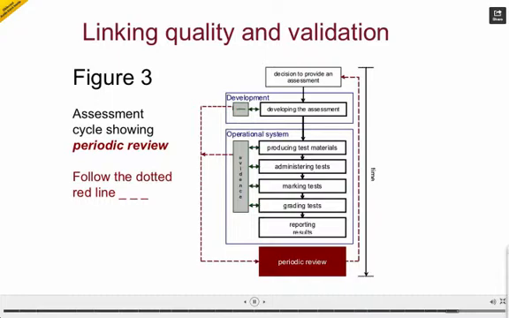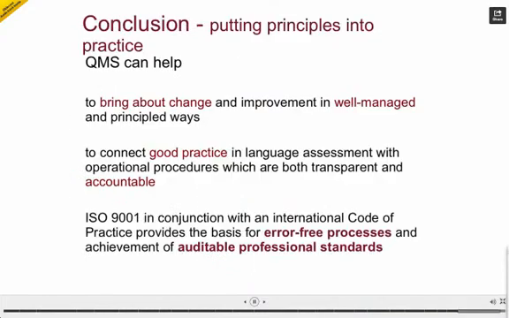So, just to summarize in my 20 minutes, the message here is this provides us a way of putting our principles, which you'll find in our codes of practice of ILTA or ALTE or APA, into practice in real-world contexts, the context where we are providing services to clients, or could be in the school system, but in our case today in the workplace, for the workforce.